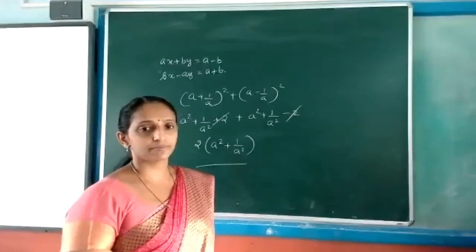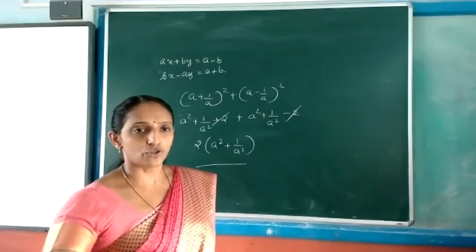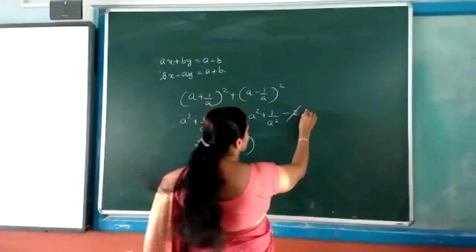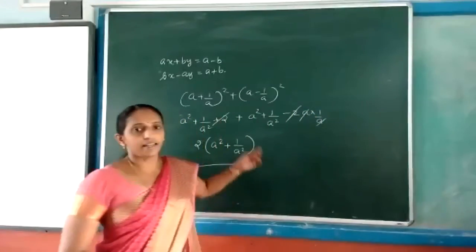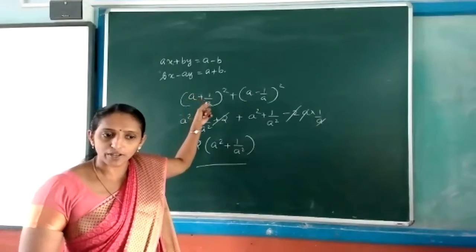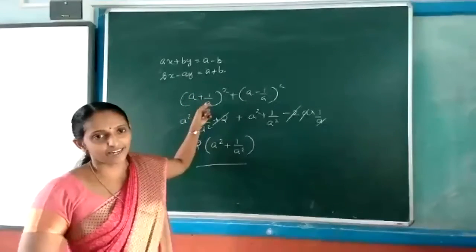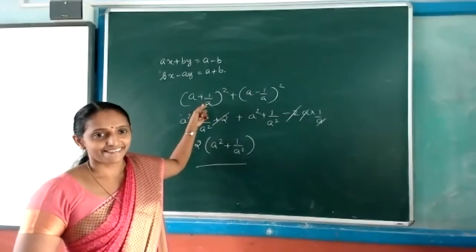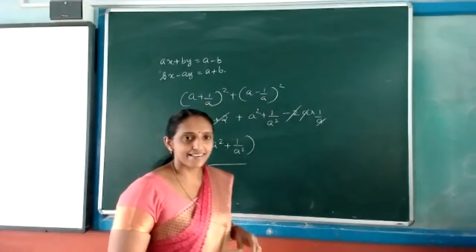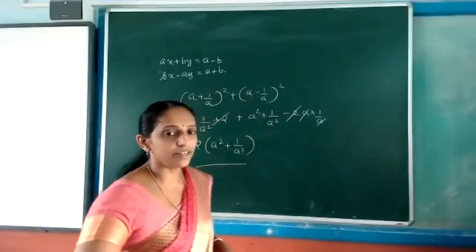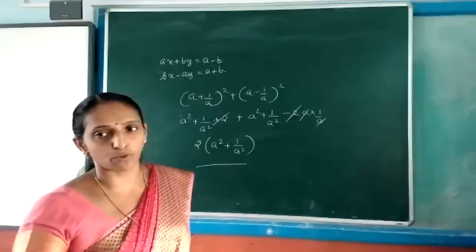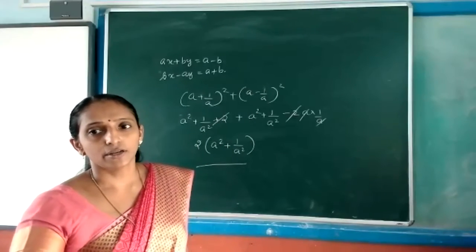Okay, miss, I was doing 2ab. That is my answer. 2ab means 2 into a into 1 by a. Will it cancel? And this formula is also given in your expansion. Did you check? Yes, while doing it I was confused. That's the problem. So to avoid this confusion, you have to practice more. All right. Thank you, ma'am.